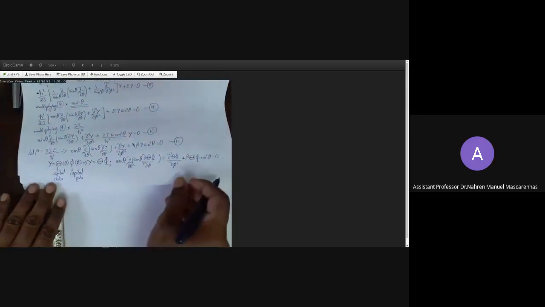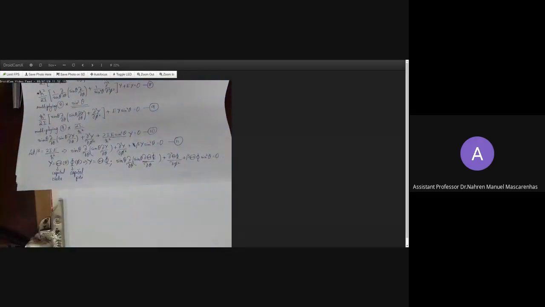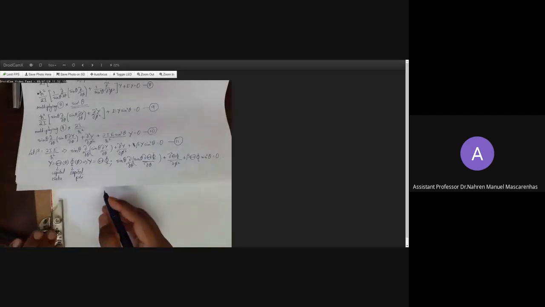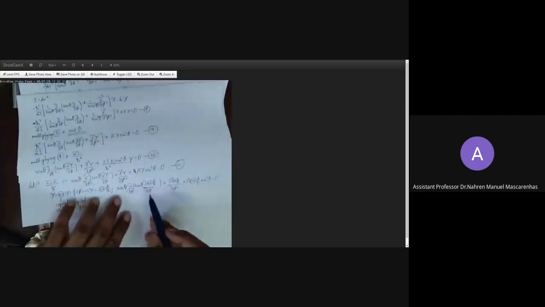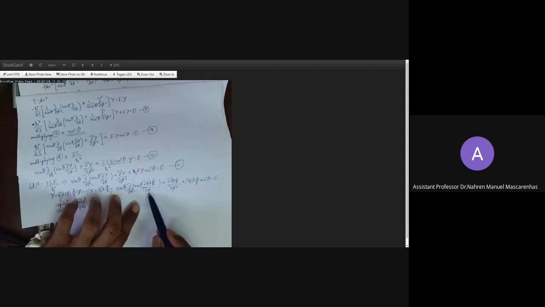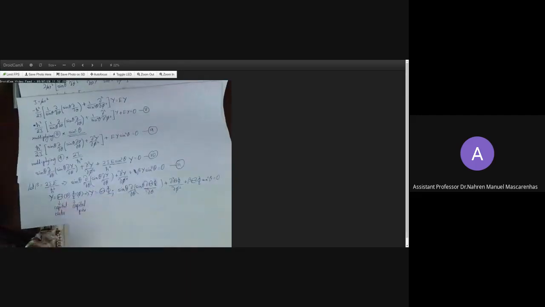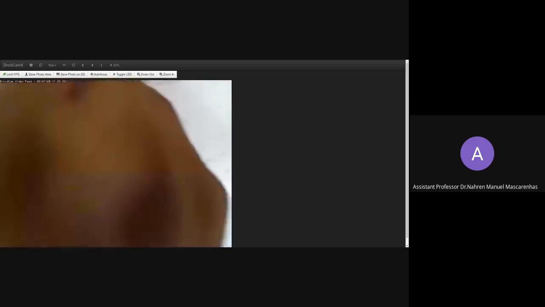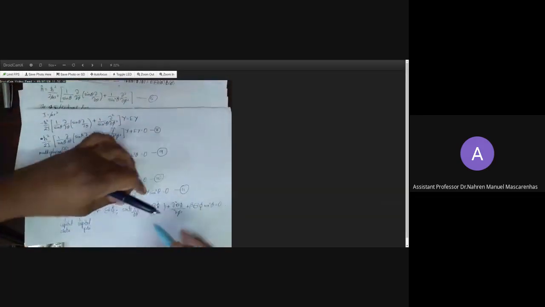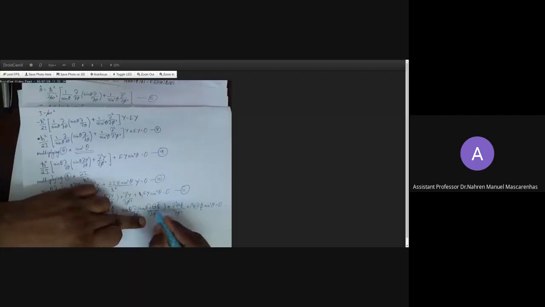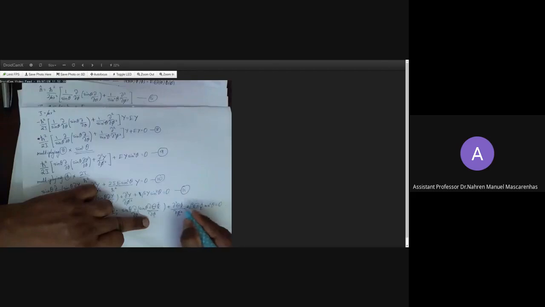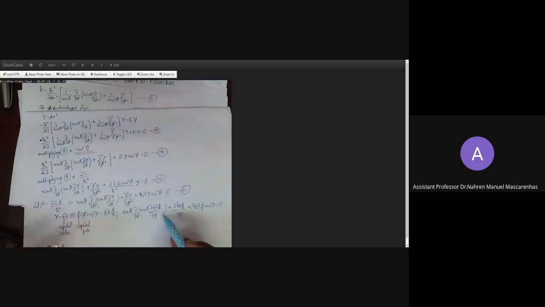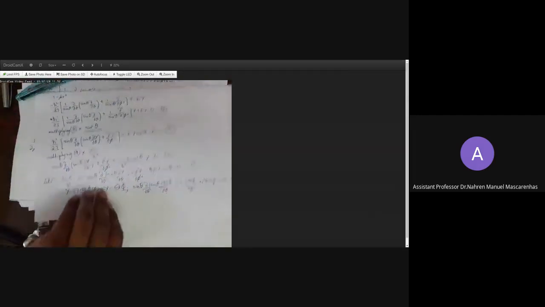So what we have now is, if you look at this equation, see, this is only depending on theta. That means in this equation this is only dependent on this, so this can be considered constant. Similarly, this only depends on this, so this can be considered constant. So what can we do? We can take this out. If you do that, you will get the equation like this.